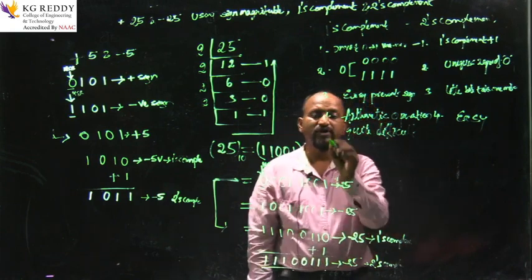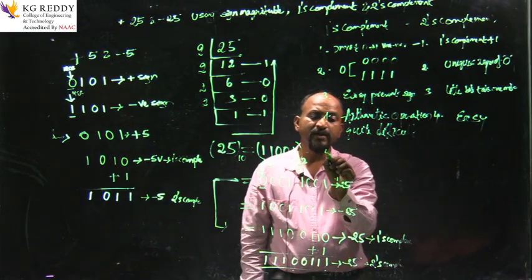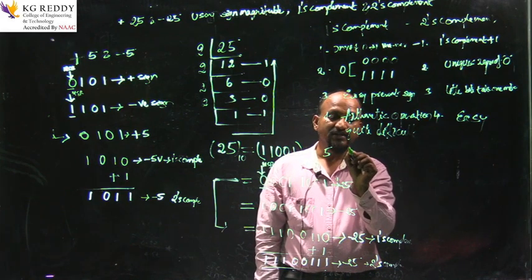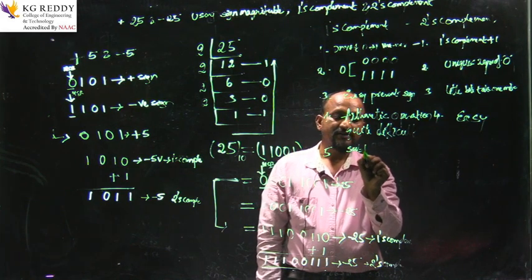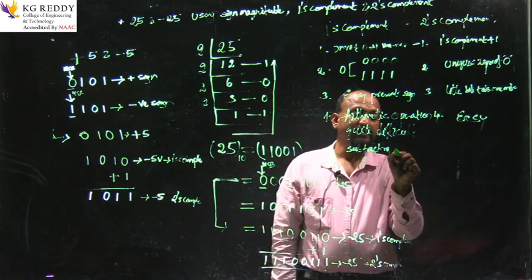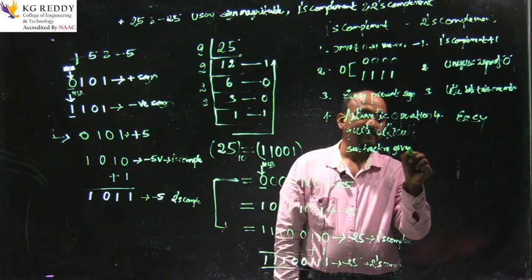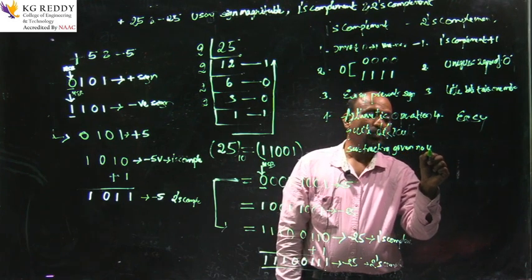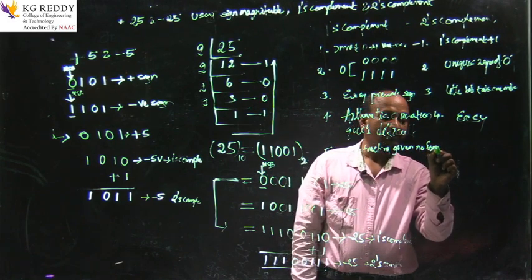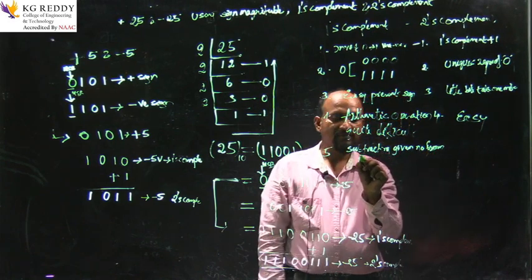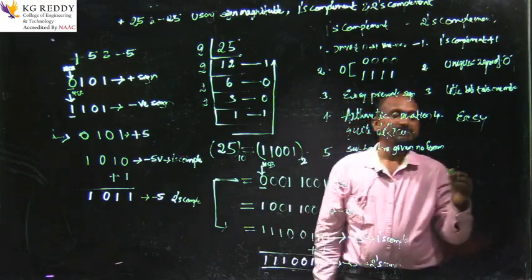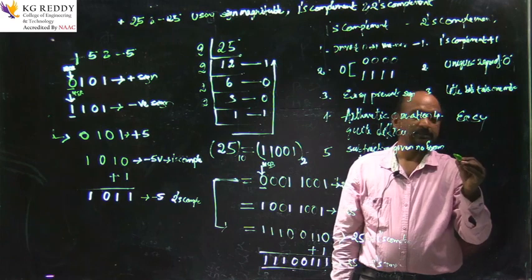1's complement means subtracting the given number from ones. Okay, this is called 1's complement, and this is what I told you, that 2's complement is 1's complement plus